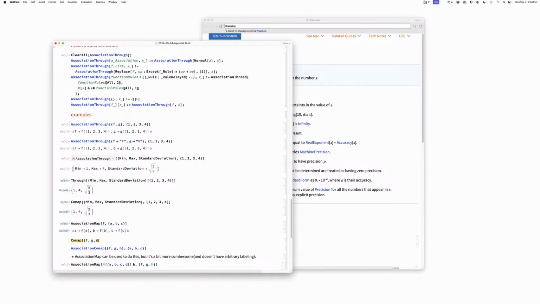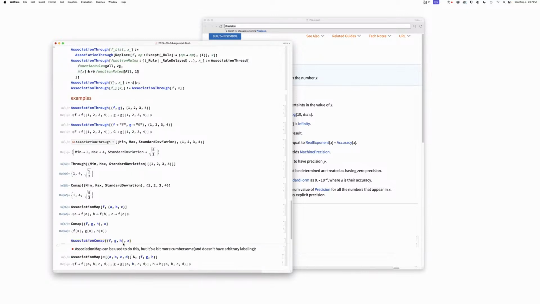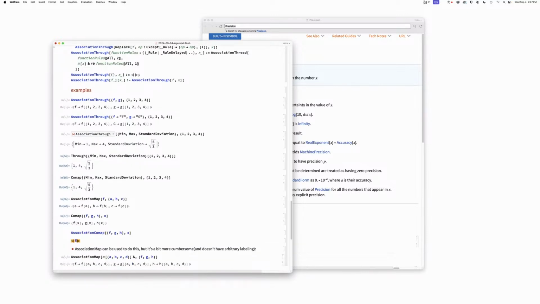So right now, FGH there on X gives that. Yeah, I think it's exactly right. It's association comap, the direct analogy with association map. Oh, right, yes. And then if you gave it the list ABC, then comap would give you